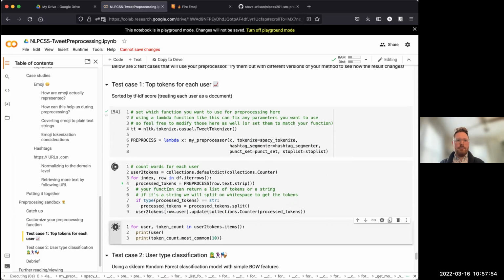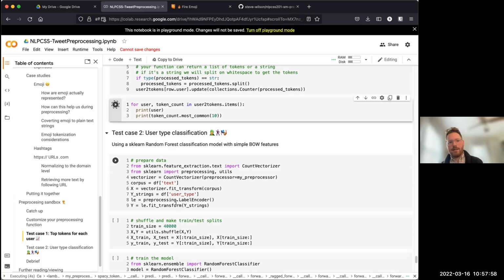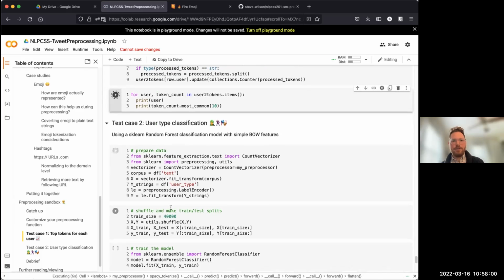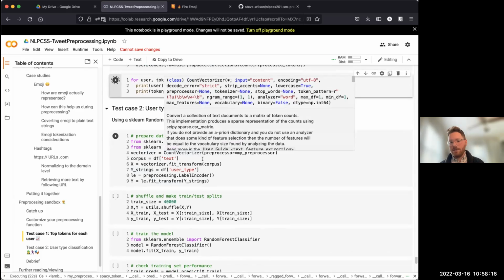So you can run that, do your pre-processing, and then using those labels that I mentioned before of the categories of users, you can also play around here with training a random forest classifier to detect which type of user wrote a given tweet. The only thing that's happening here, other than a normal sklearn machine learning setup for text, is in